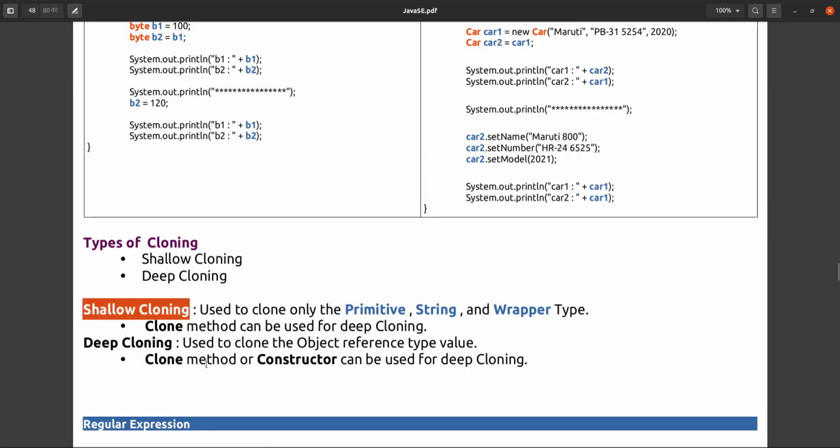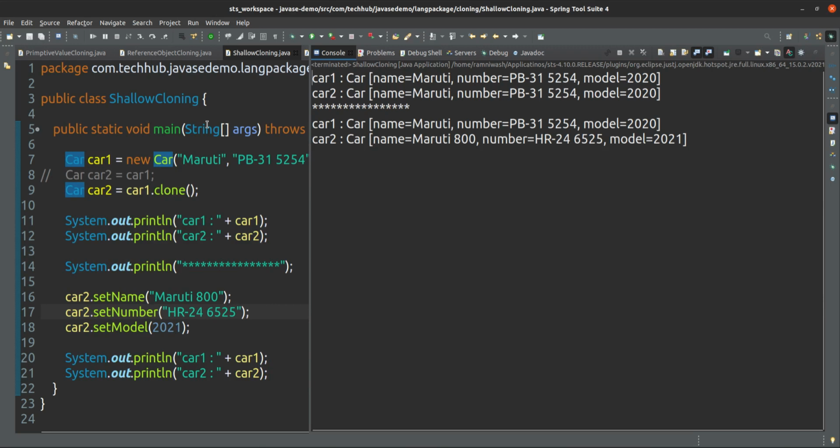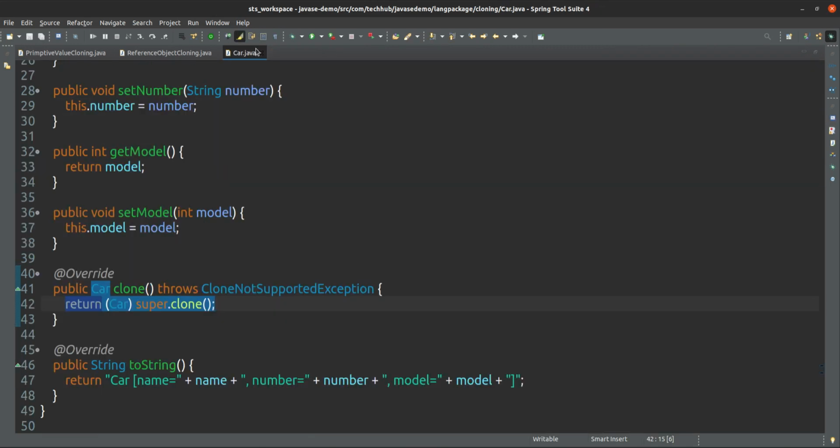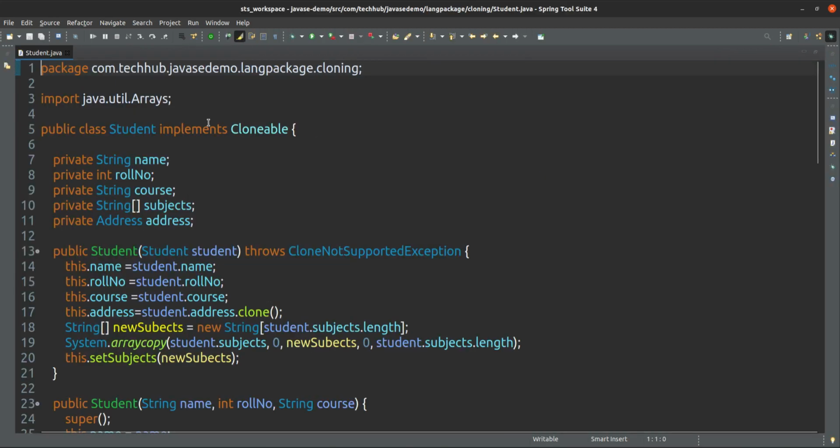shallow cloning. Suppose we want to make some deep cloning. What does deep cloning mean? Suppose I am taking this Student class. If you see here, inside this Student class, along with String, wrapper and Integer types, some reference objects are also there.